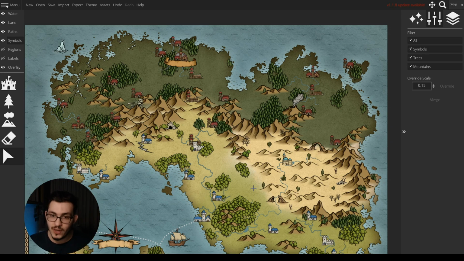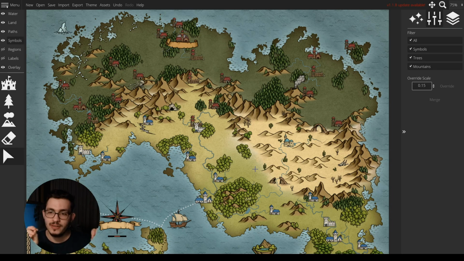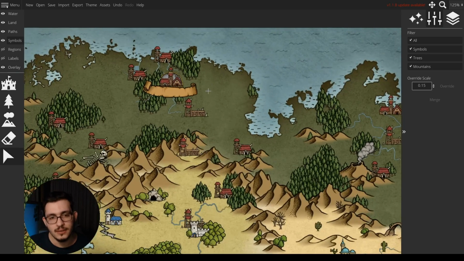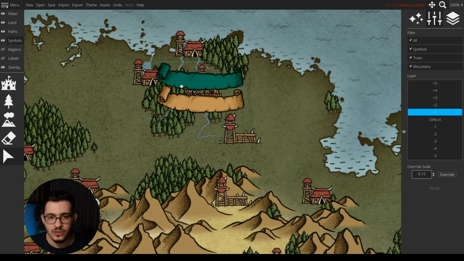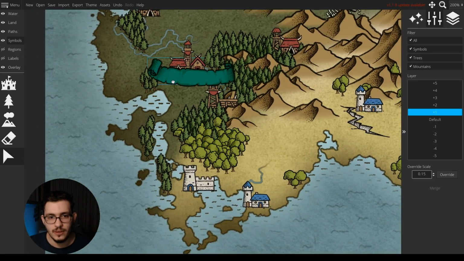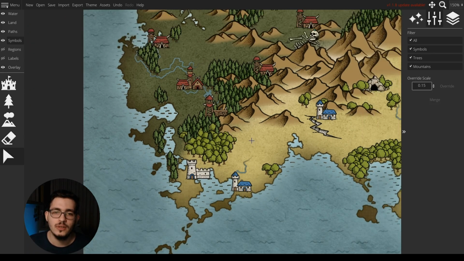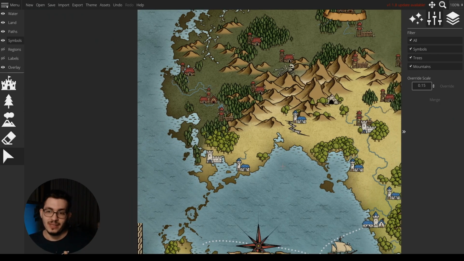It gives enough variety. It easily helps to separate the countries and the cultures. And it's not a big pain, because once you are done with categorizations, like towns for this, villages for this, you just repeat the asset. So this is a balanced one in my opinion. And for the capitals, I'm adding banners. For these parts, I'm not adding banners, because imagine if I had banners always. If I put this here, where is my lake? I lost the lake. So I would only prefer to add labels on the banners if the place is a capital or extremely important.